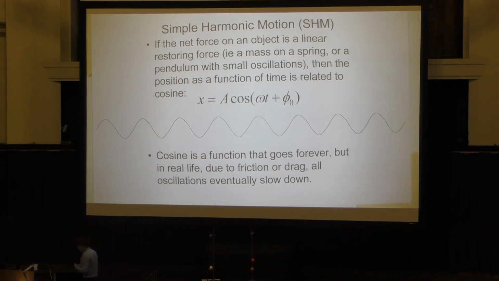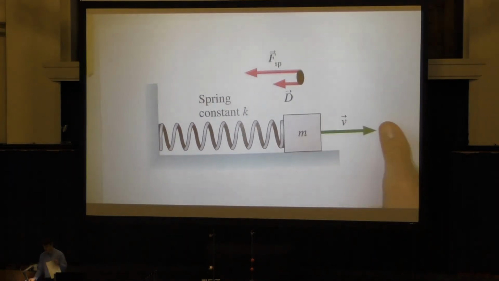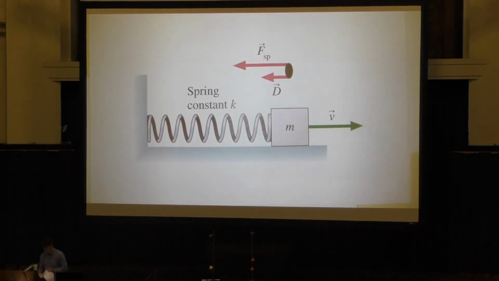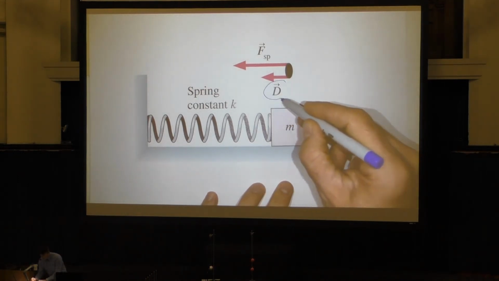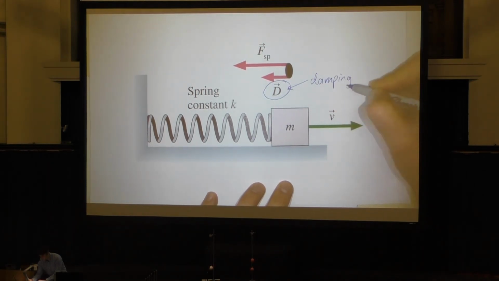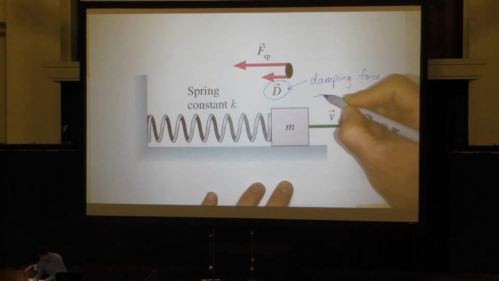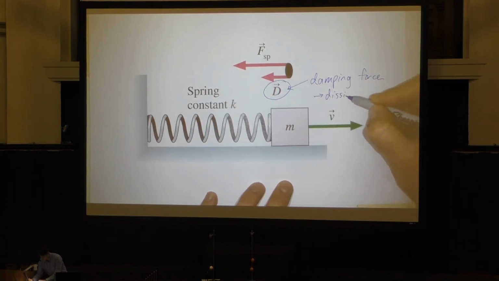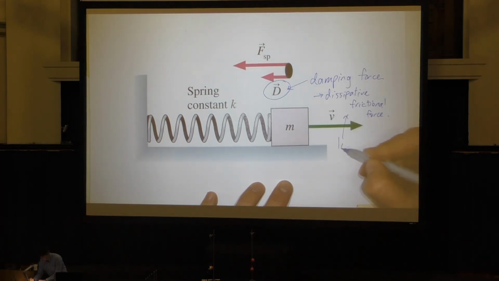So, in order to model that, what Wolfson does is he says, okay, mass on a spring, but now we're going to add a new force, D, which is called the damping force. It's like friction. It's a dissipative frictional force. And it's proportional to its speed, actually, and it's kind of like air resistance, for example,